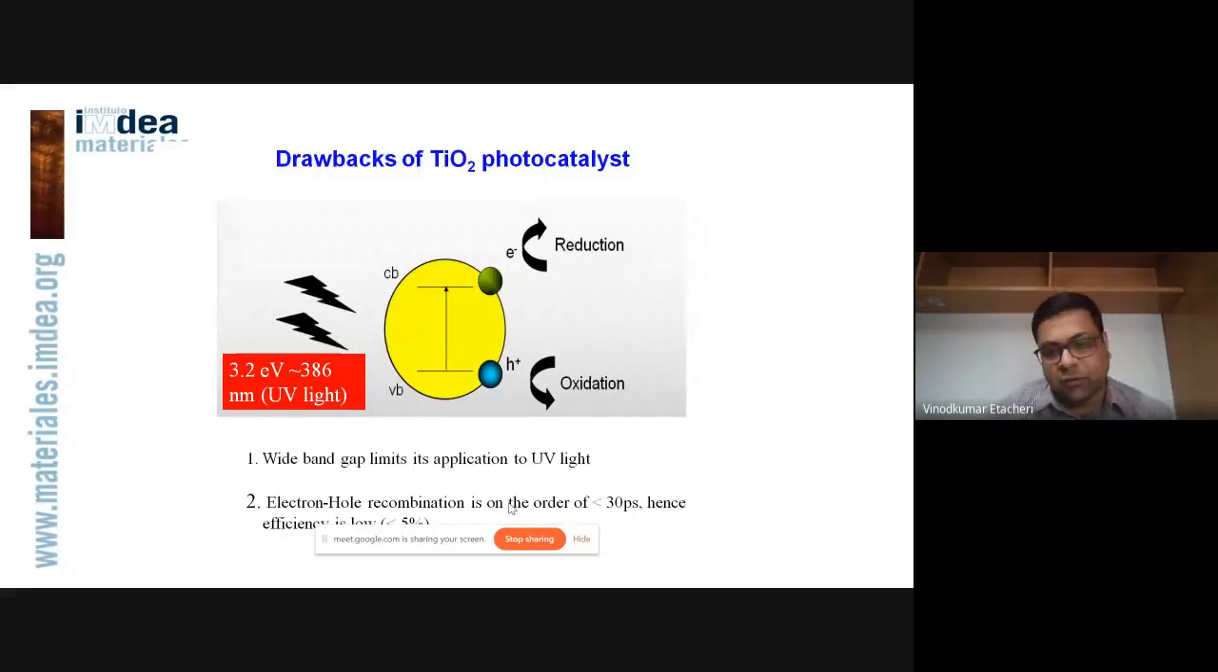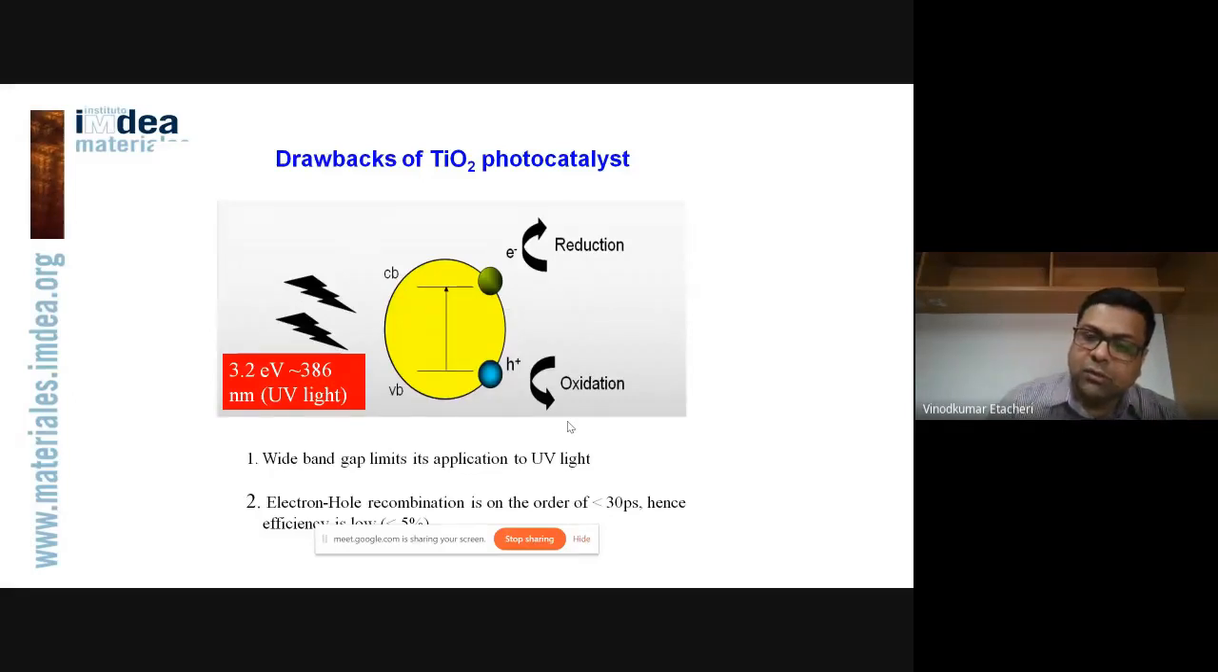Because of the fast electron hole recombination, the efficiency of TiO2 catalyst, even though it is one of the most active and most interesting photocatalysts, is around 5% or lower. So this is one of the drawbacks of TiO2 photocatalyst. And most of the research in this area on TiO2 catalysis is focused on how